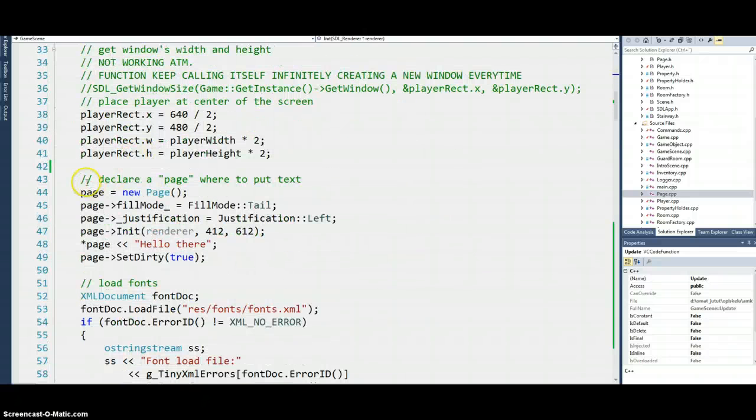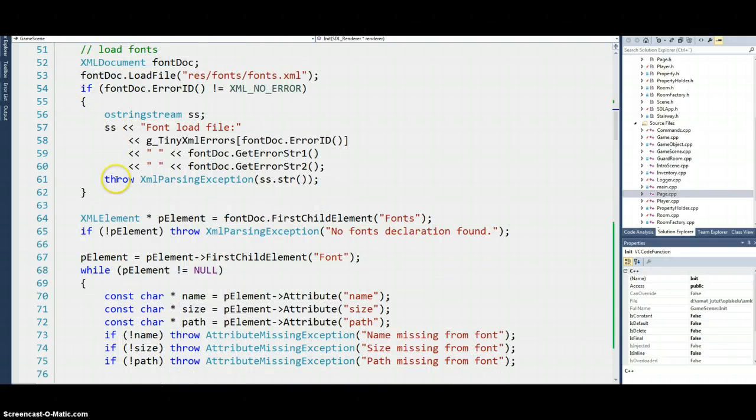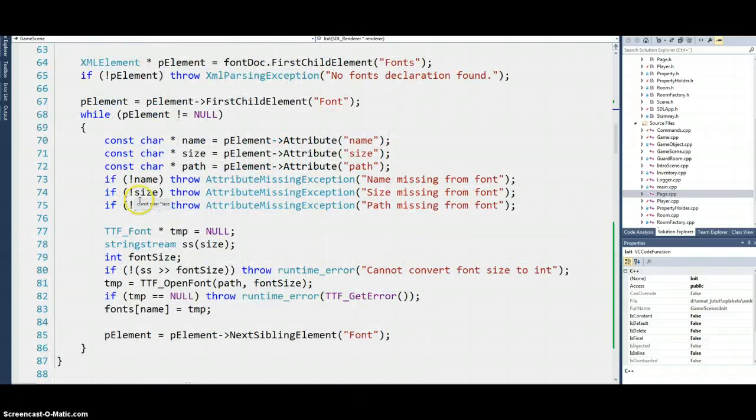There's also this initialization for Page, and here's the XML stuff. It uses TinyXML2, so it gets the fonts into a fonts map at the end.